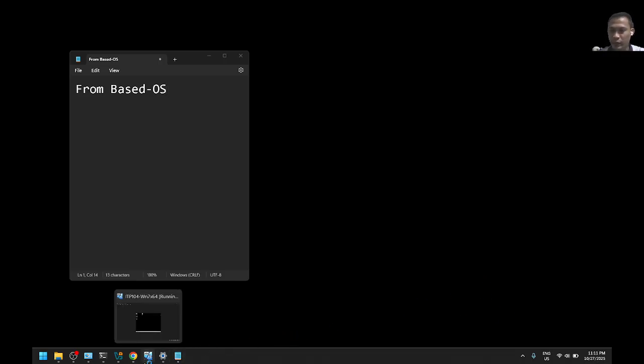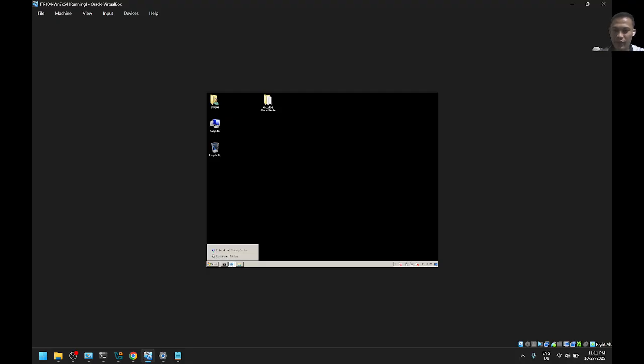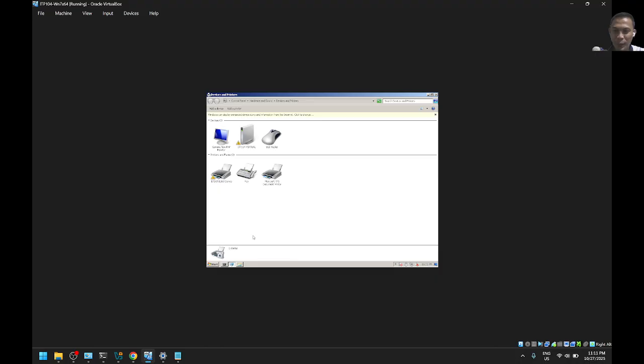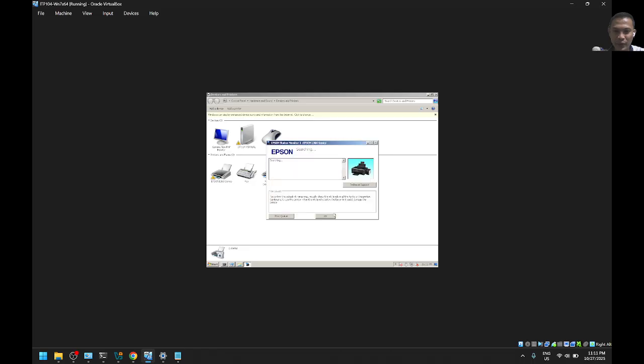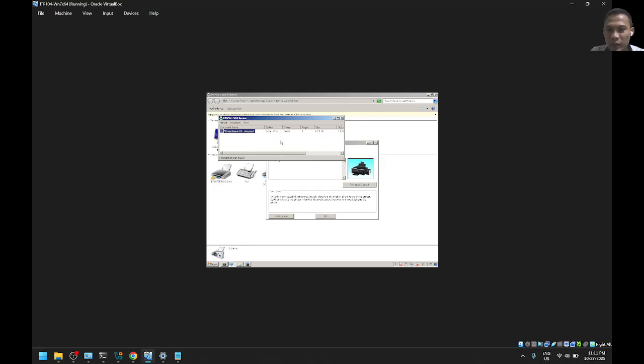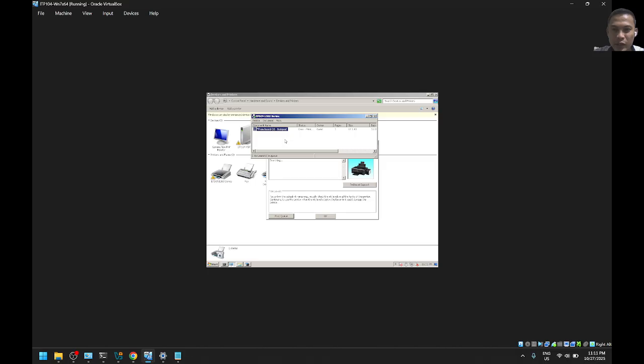In this part, we can test it. Let's check who is in the queue. So we printed, and there is a response, a file from our base OS showing the document name. So the response went from our base OS to our virtual OS.